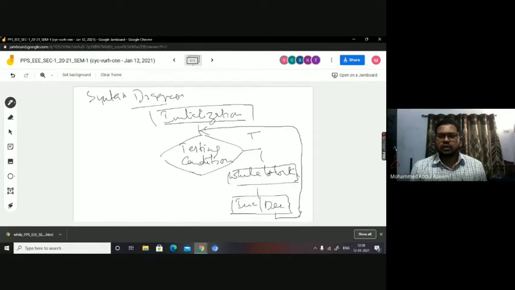So how long is this going to be done? Until the condition is false. When the condition is false, you will come on to the next statements.